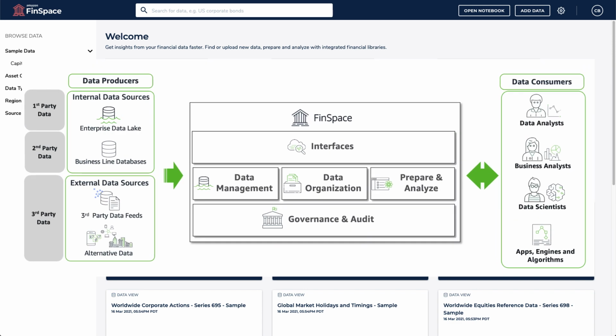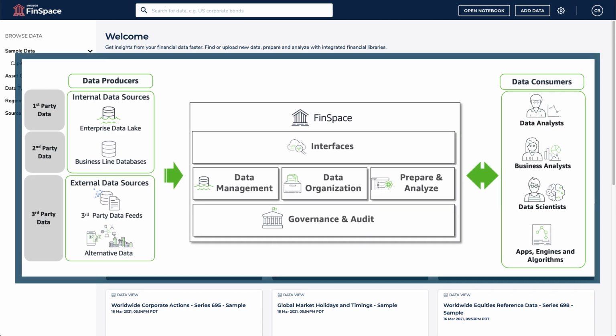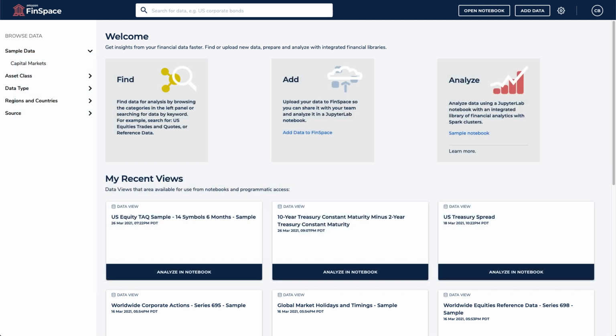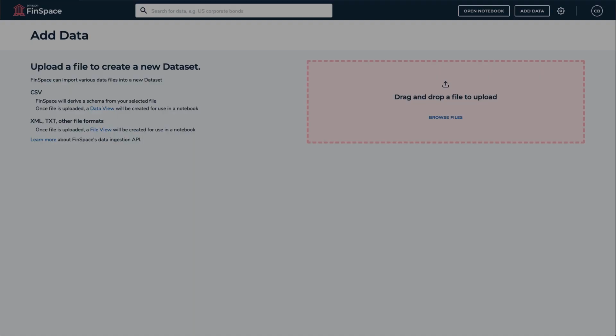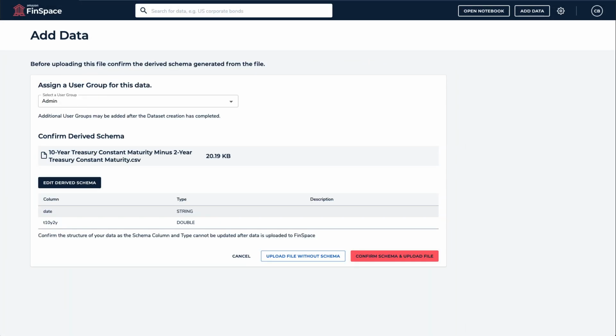You would typically add or update data in the application with an automated process using the AWS SDK. However, you can also add data ad hoc by uploading standard CSV files, which will automatically be parsed into a data field via its schema. You can also add other types of files like PDF or text that can be cataloged alongside your parsable data. Let's add a CSV file which contains history of the treasury spread.